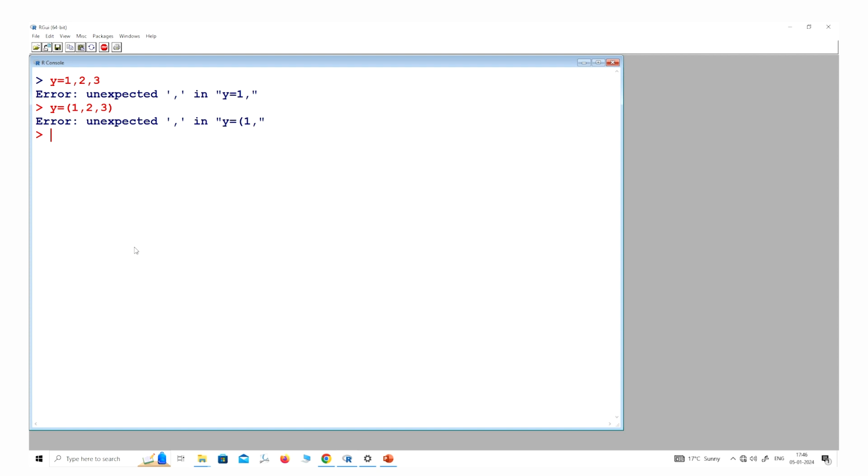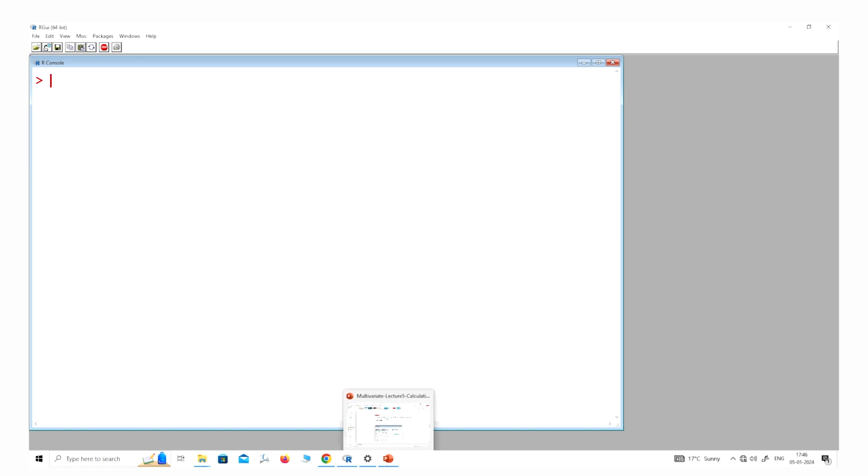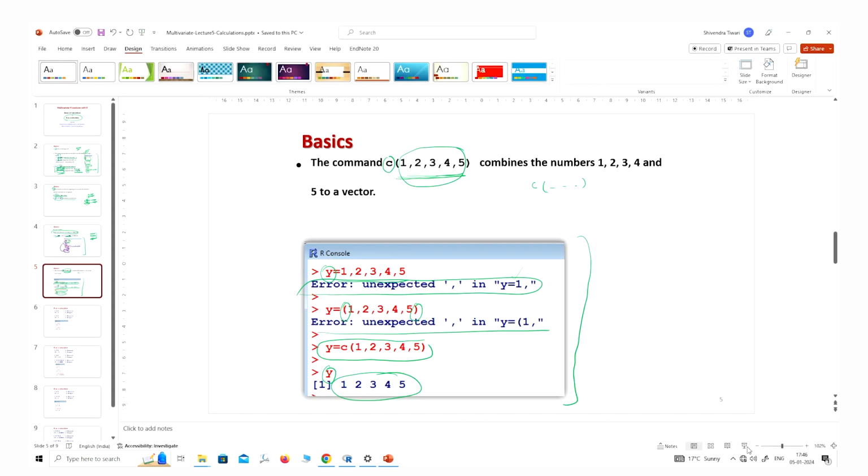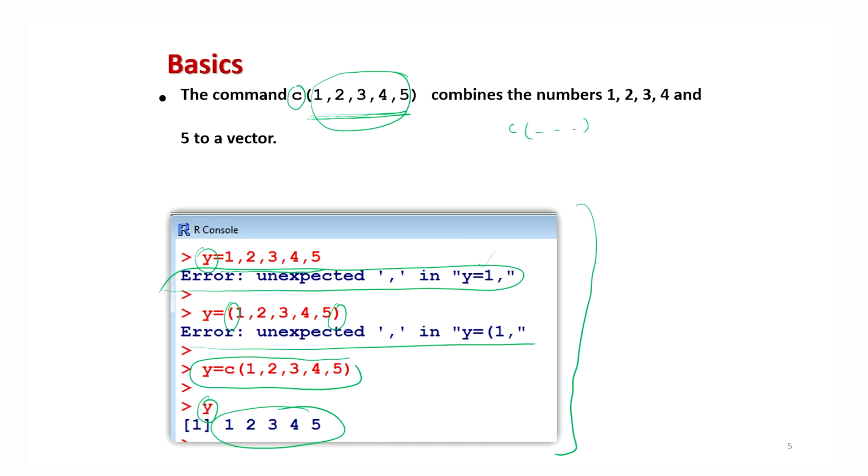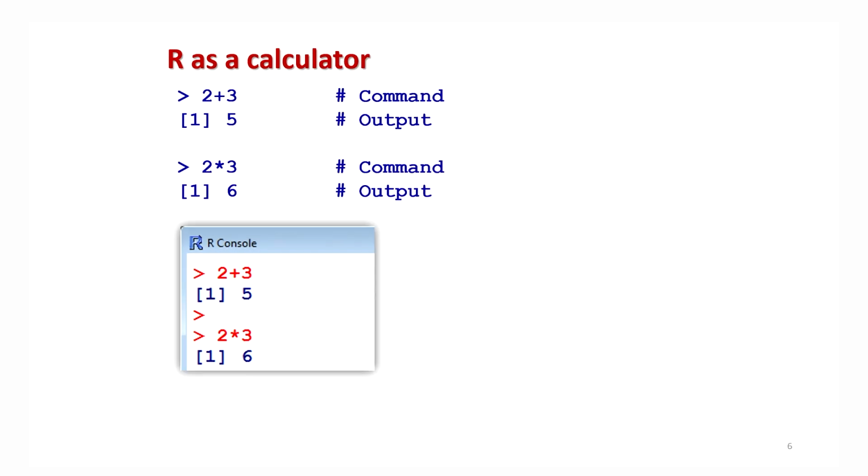But if you use the command c, then there is no error, and if you try to see y, it will come up as 1, 2, 3. So always remember to store more than one value in data vector format only. Later on I will show you why it is advisable to always use the c vector, so that you don't make any mistake.